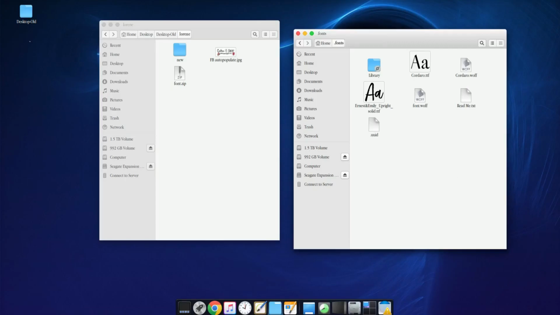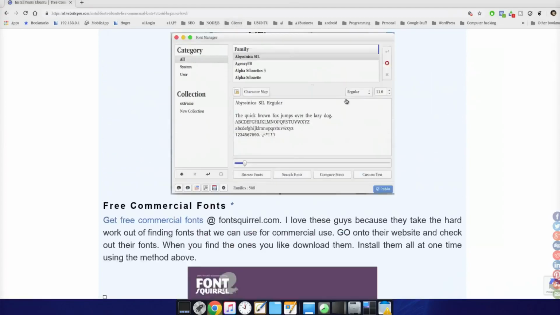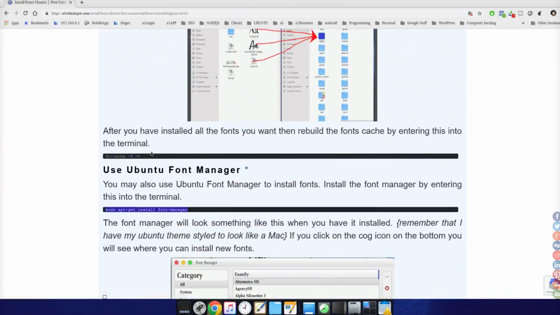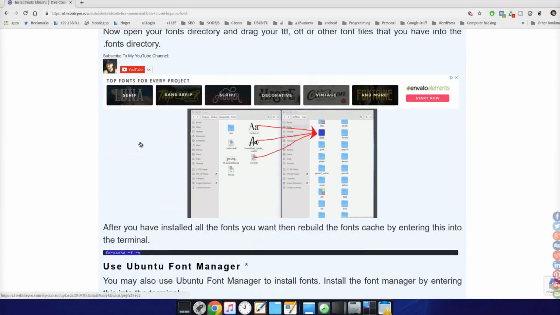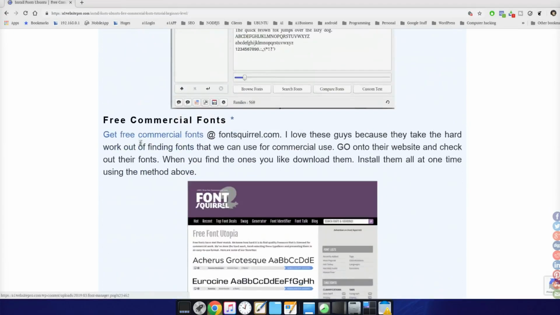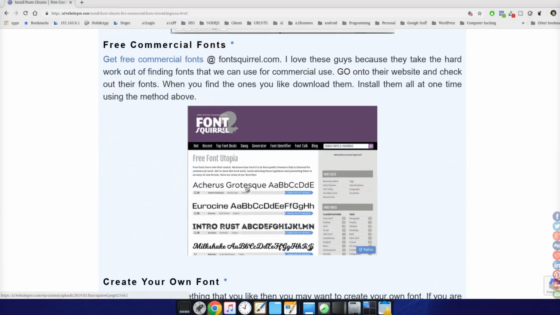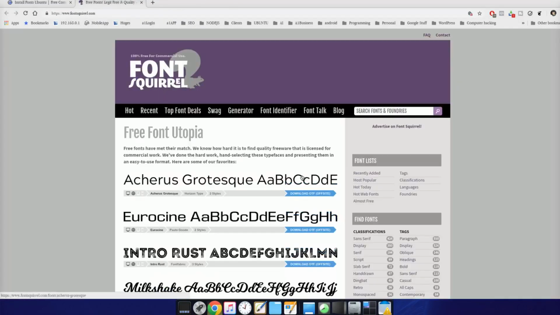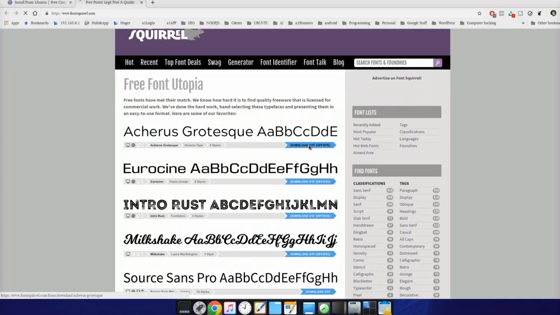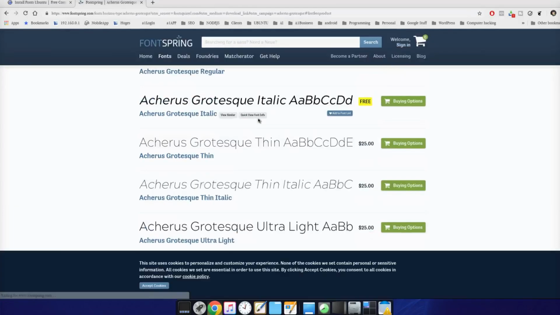Okay, now how about free commercial fonts? Let me show you the post that I made for you guys. Here's the post with the codes that you would need, and also instructions on how to do it. But there's also this website. It's called fontsquirrel.com, and if you click on that, it'll take you to this Font Squirrel, and you could download these fonts here. Most of them are free. And so, for example, this one right here,